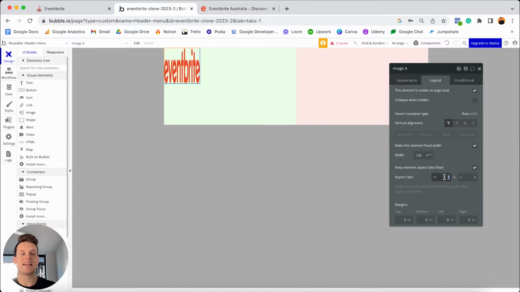Now, if I set this as a 4:1 ratio, it's going to rescale this image appropriately. And of course, I'm going to leave this width as a fixed value here because I don't want it to be fully responsive. I don't want it to scale up or scale down. I only ever want it to be this exact size here. I'll then choose to vertically align this image in the center of my green group. And then finally, I'll add in 20 pixels of margin at the top, 20 on the bottom, and 20 on the left. But I won't add any on the right because beside this, I'd like to now add in an